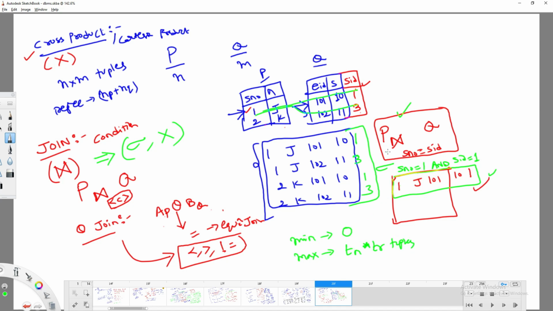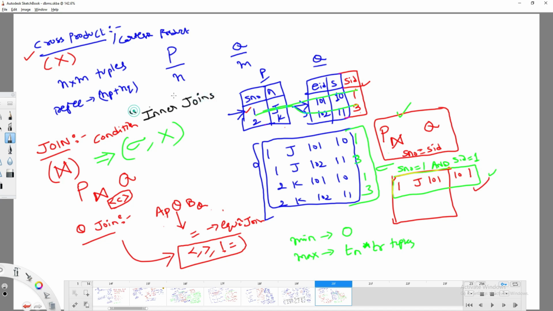Okay. Any doubts? Right? So basically, whatever we have discussed so far all comes under one type of join, inner joins. Inner joins. All of this comes under inner joins.